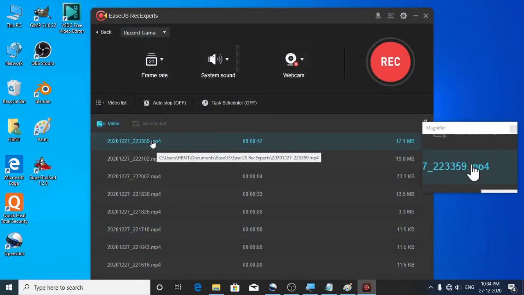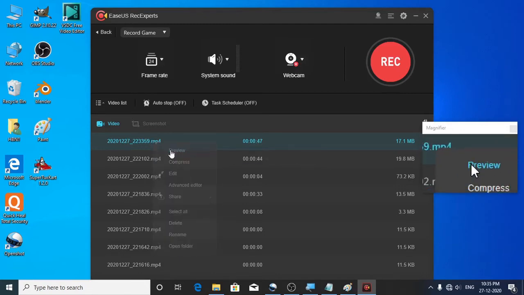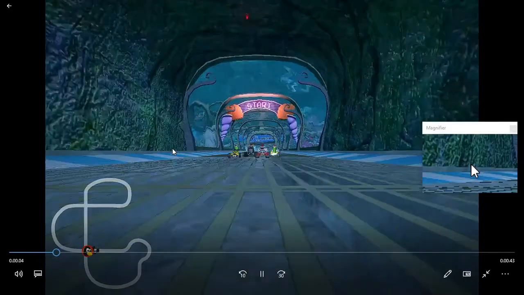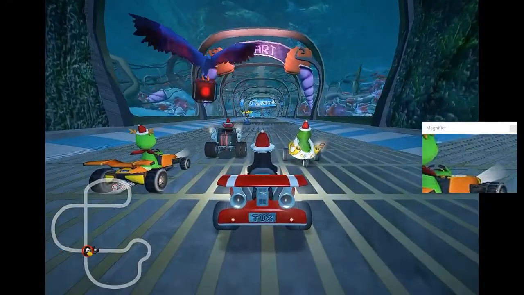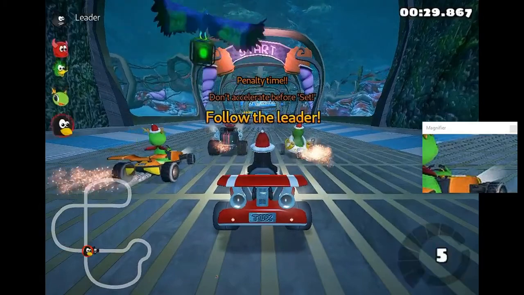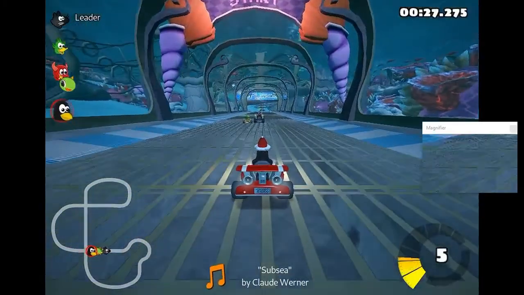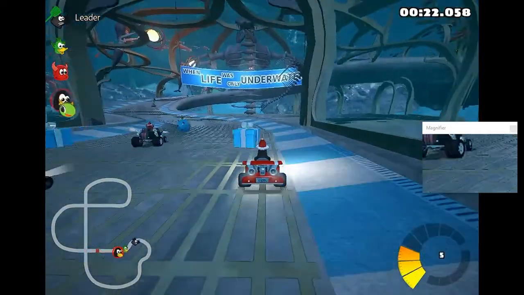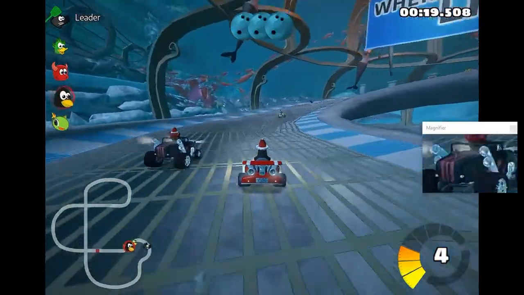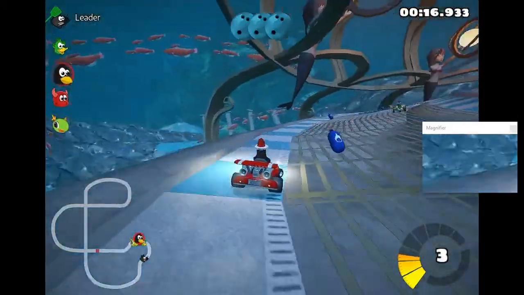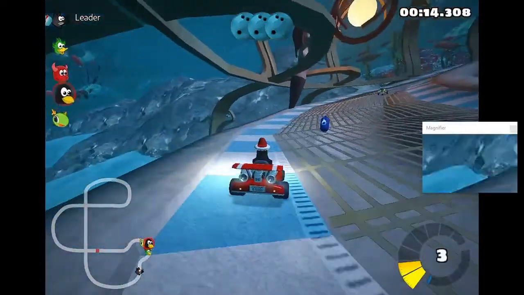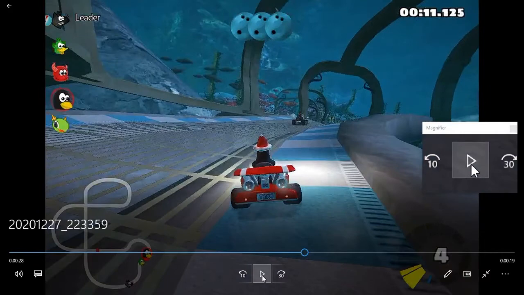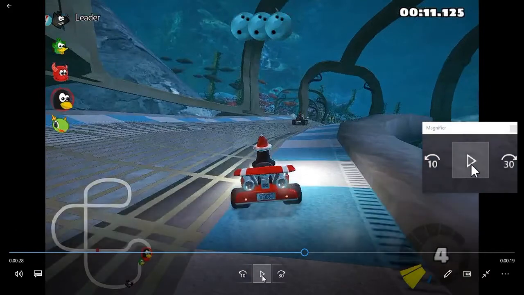Now let us have a look at the recorded game. This is how you can record the gameplay using Asus Rec Experts.